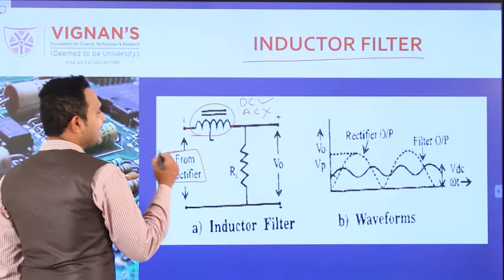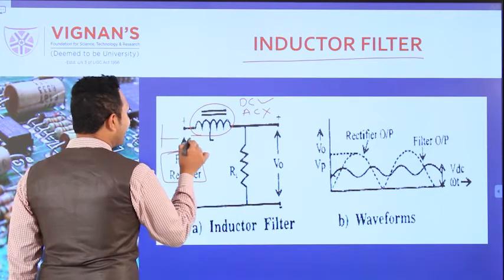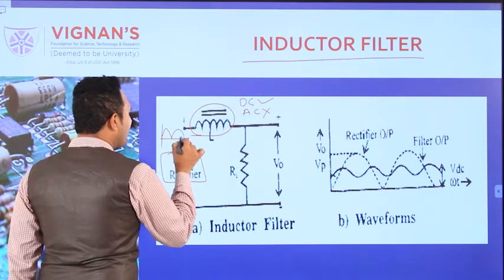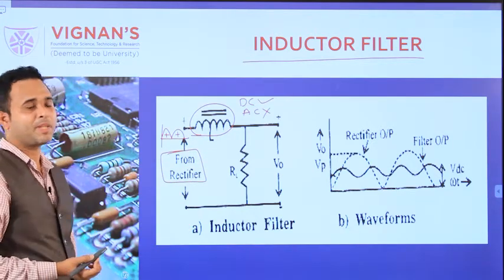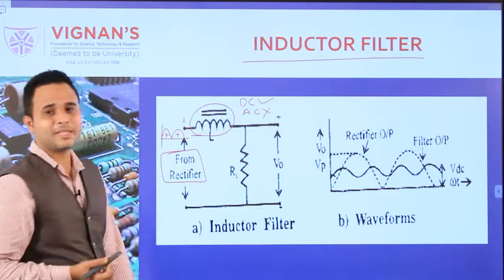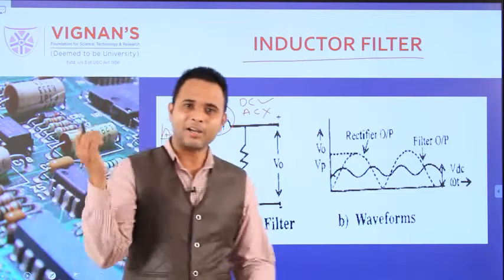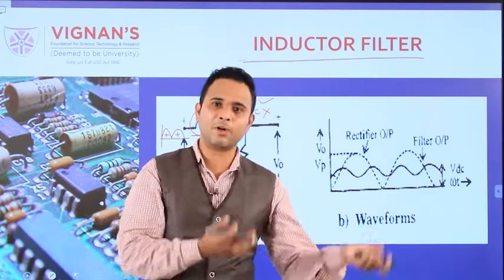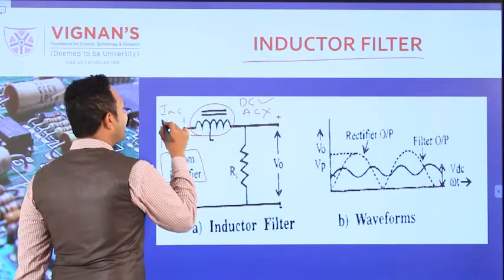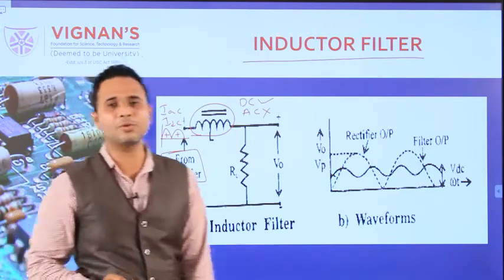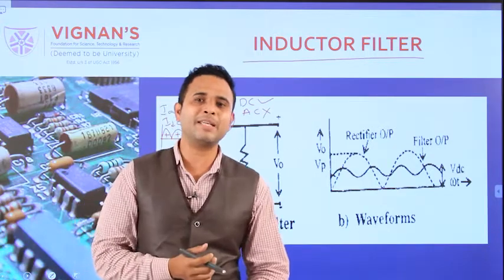So here I am connecting the one full wave rectifier. What are the full wave rectifier's outputs? Here we are getting only the positive pulses. These positive pulses consist of AC as well as DC. We have already completed this analysis in the last class, so here we are getting the IAC and IDC also. With the help of these two, on the basis of these things, we are going for the series